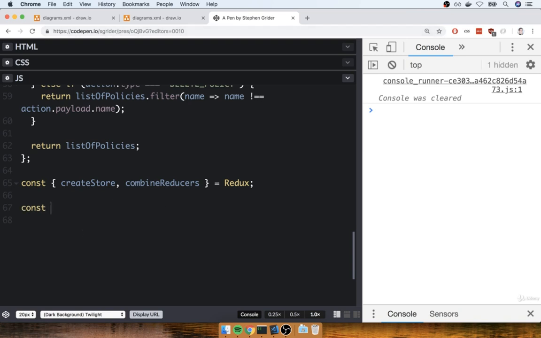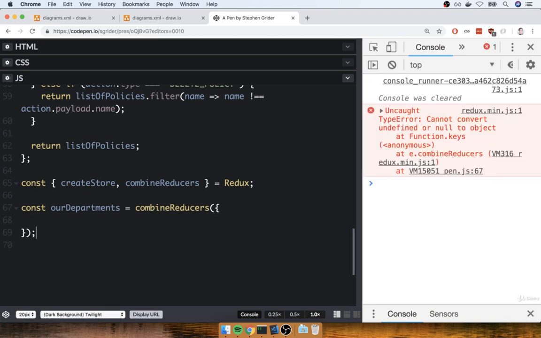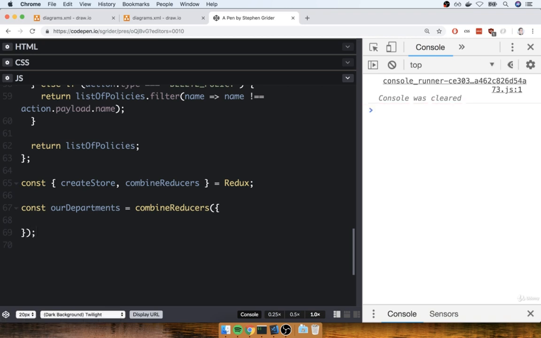So I'm going to say const ourDepartments. So this is essentially the combination of all of our different departments or all of our different reducers put together. And that's going to be the result of calling combineReducers and passing in an object with a couple of different key value properties. To this object, we're going to pass in each of our different reducers.